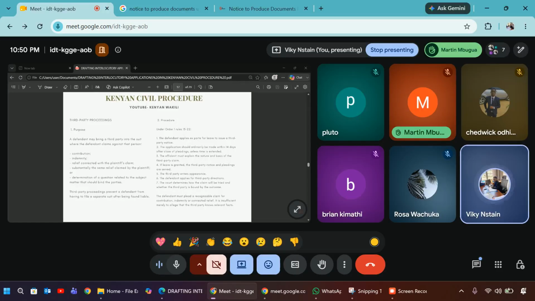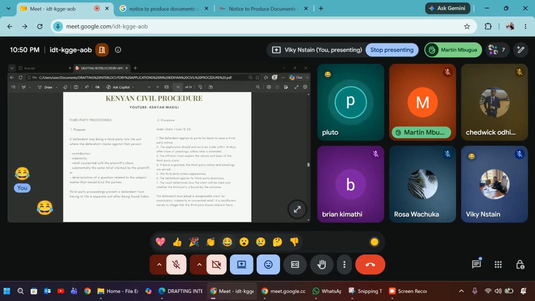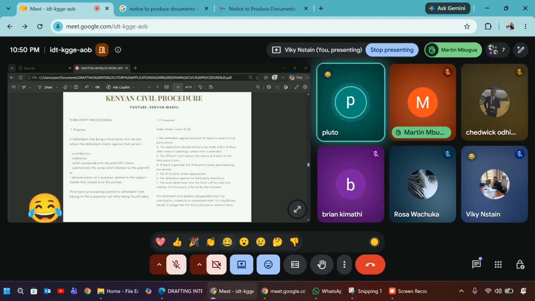Okay, so maybe Pluto, do you have any way you can summarize a third party proceeding so that Brian does not get confused and go do a garnishee proceeding? So to bring it home, third party proceedings are basically